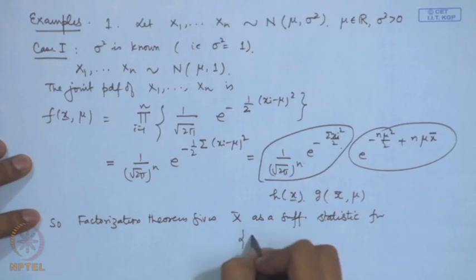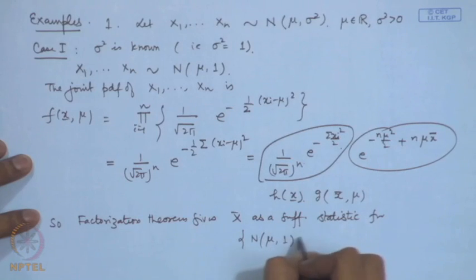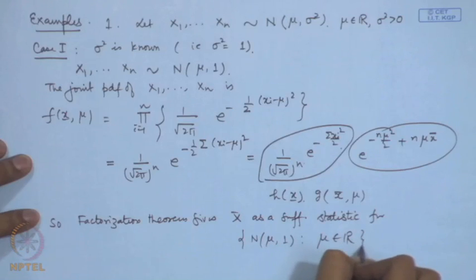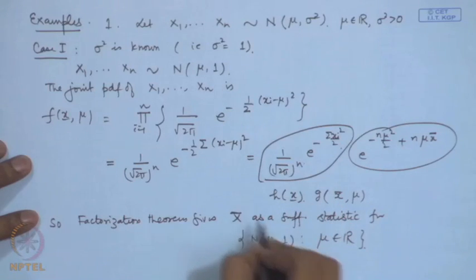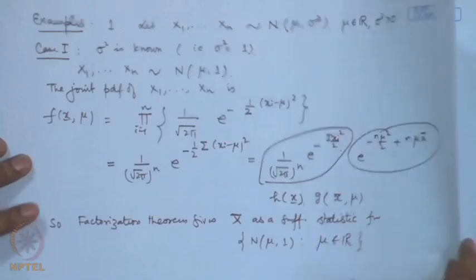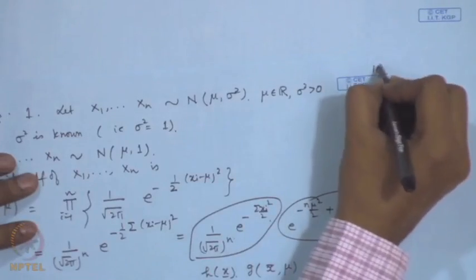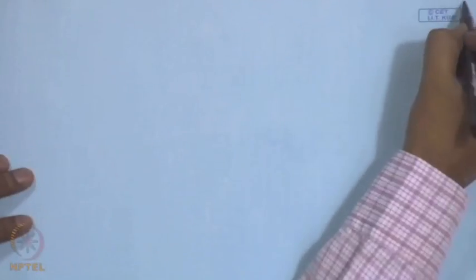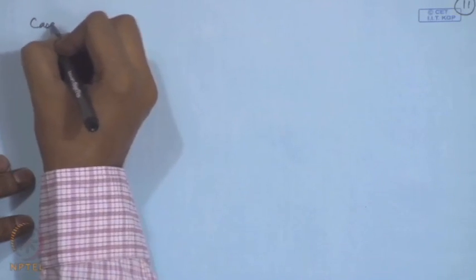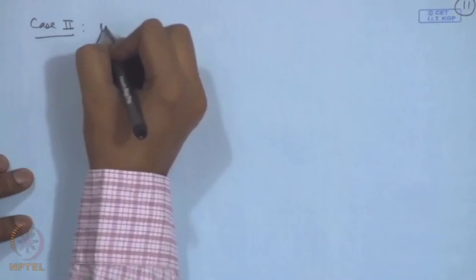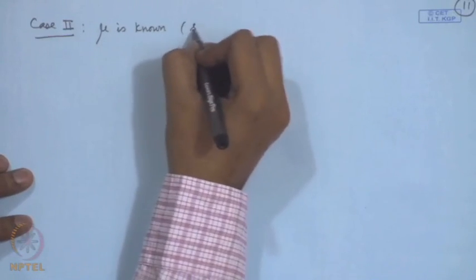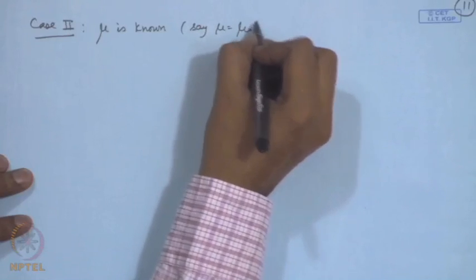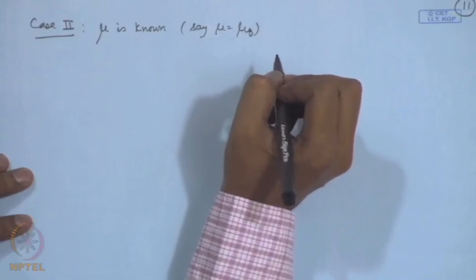Now, this family is normal distributions with variance known. So, here the sufficient statistic is x bar. In a rough way we can say x bar is sufficient for mu. Let us take the second case. I take mu is known, say mu is equal to mu naught. In that case,